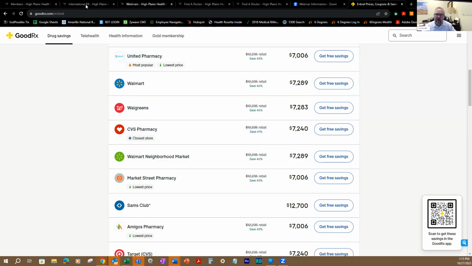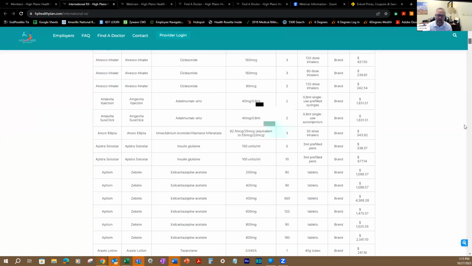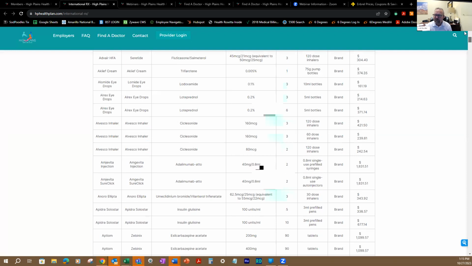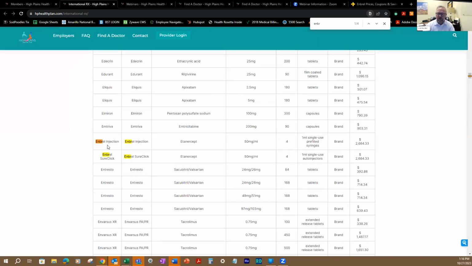So when we go back over here and take a look, this is a very long list of medications that we can procure from other countries. If you just want to use the search functionality by hitting Control F, it'll pull up, so you can narrow this down and go directly to Enbrel. Now, guys, take a look. That same 50 milligrams of Enbrel that we can purchase either from Canada or New Zealand or England, or what we deem a tier 1 nation, we can purchase that drug for